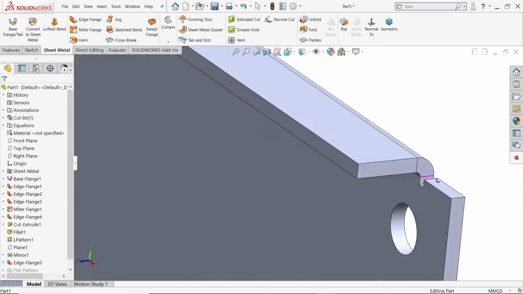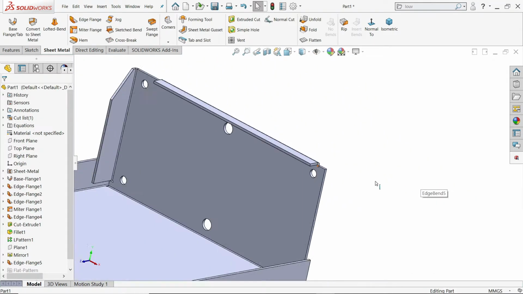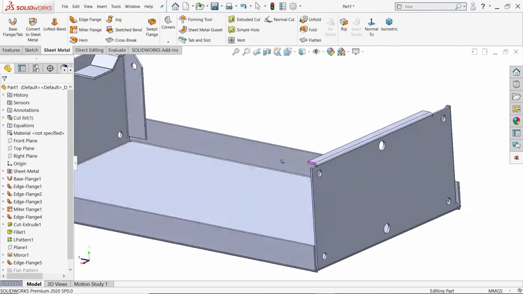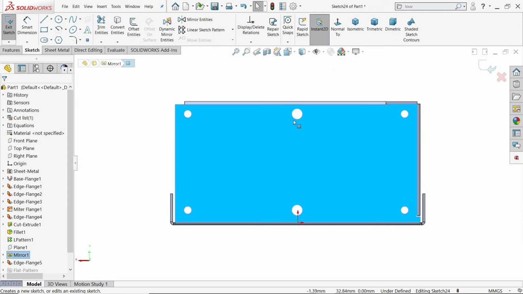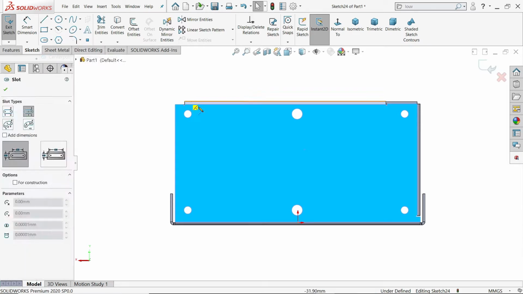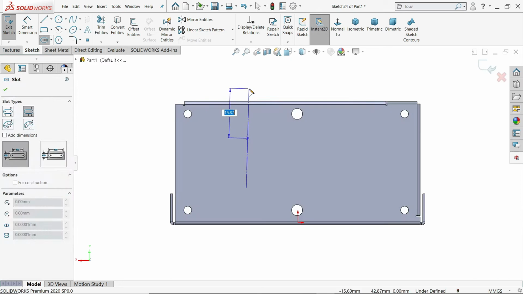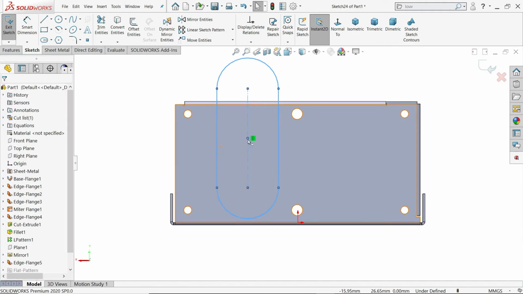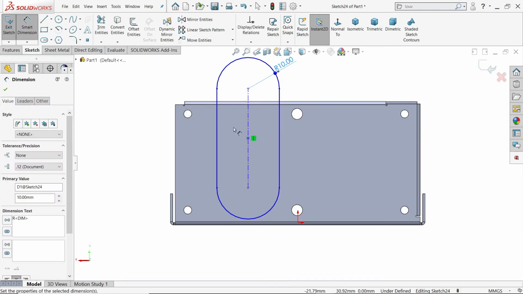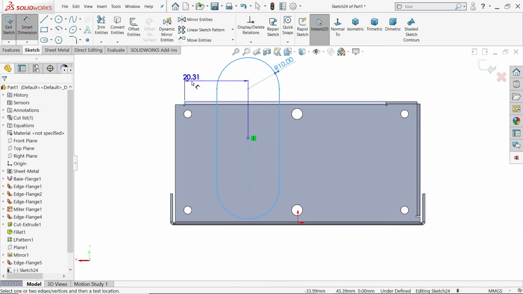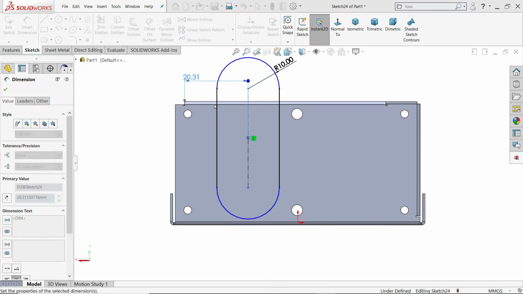Okay, now custom relief hole added here. Even though we want to add some more dimensions or anything like this, you can simply, let's say, center rectangle. Okay, let's make dimension 10 millimeter and distance from here to this point 27.5,